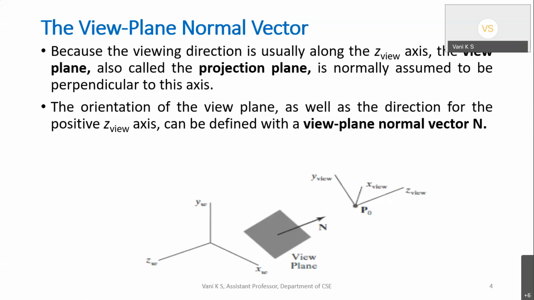Normal vectors, again, from the previous one I told you, from where are you looking? And the normal vector tells on which axis you are looking. So that is a normal vector here, and usually the normal vector will be along the Z view axis. Z view axis in the sense that you are looking along the Z axis. So we call it a normal vector here, because based on all these parameters only, your future topics, whatever I told, the perspective and parallel projections, all those things, are based on these terms only.